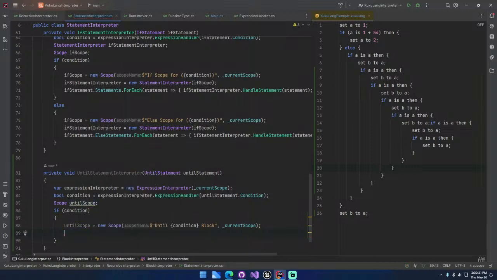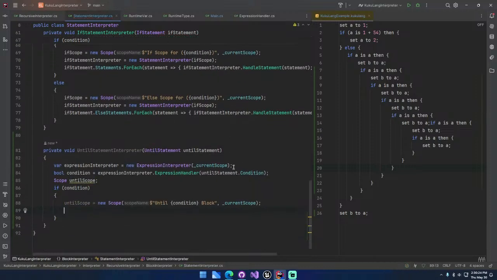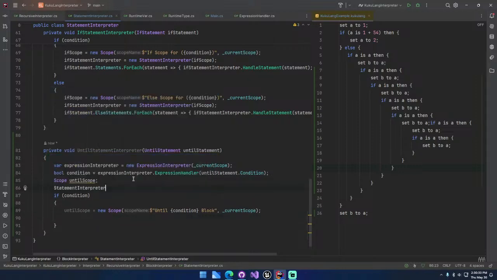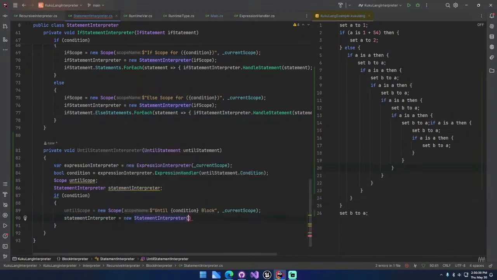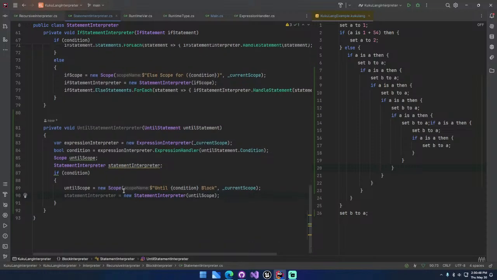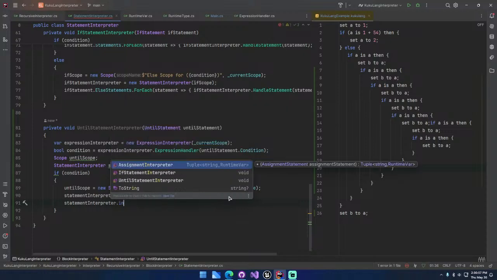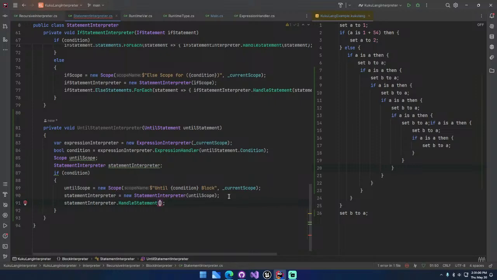We said variable, get variable, we don't really need that. What we need is an expression. We have the expression set up. What we need is an interpreter. So let's just do another interpreter, statement interpreter. With scope, it's gonna be the parent. Sorry, this is gonna be the scope that it's gonna work at. And then once we are done, this is gonna be the level statement interpreter dot interpret statement,